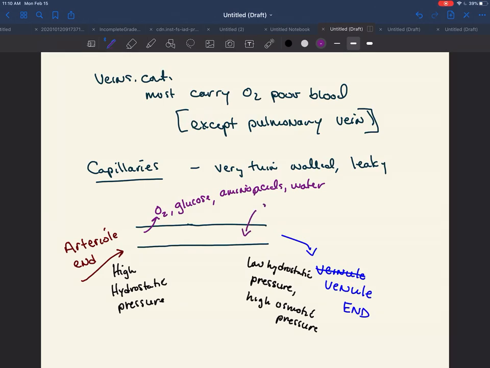So in this side, the venule end, what will happen is CO2 will be sucked back in, water will be sucked back in, and for example, urea. So that is a nitrogenous waste that we're going to talk about when we get to the excretory system. So stuff gets sucked back in because of this high osmotic pressure at the venule end of the capillary. So this is where capillary exchange takes place. And this bathes our cells in oxygen and nutrients and water, but also helps to remove these from the